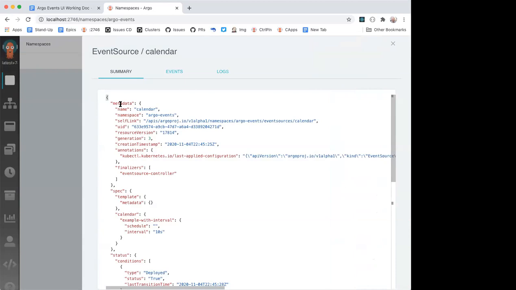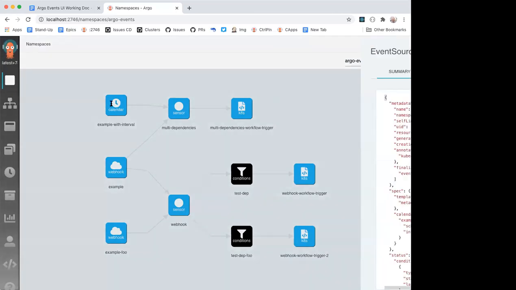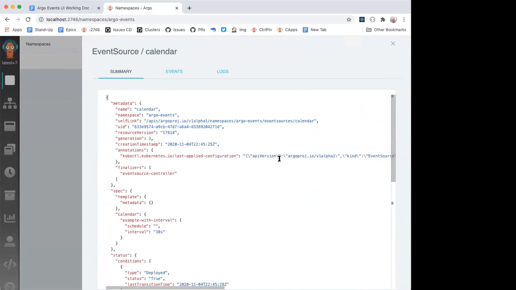We have this same issue when you just look at a workflow. We tend to display the YAML. I'm displaying it here because that's really cheap to do. It's a really cheap component to put into a web page. But if it's not necessarily the right representation, we can look at other representations. You can see that I'm showing the event source here. It's called calendar, but I haven't highlighted the particular block of this. That node is actually those four lines.